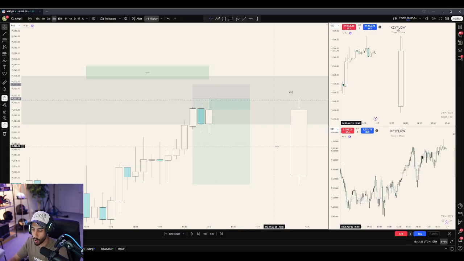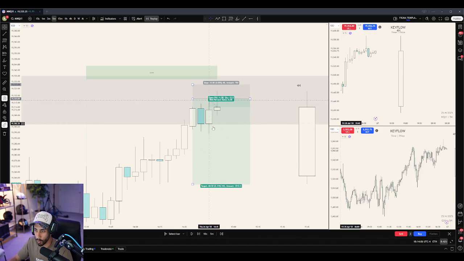Mainly what you want to see is on the time frame that you drew the PD array from, you want to see the bodies of that specific time frame hold the CE of said PD array. Okay, so in this case, I have the 5-minute order block. Therefore, I want to see 5-minute candle bodies continuously close underneath the CE. If at any point these candles close above the CE, I am starting to think that I'm going to get stopped out, right? Because that decreases the probability of my trade working out. Clearly, buyers are a little bit stronger than sellers here, okay?